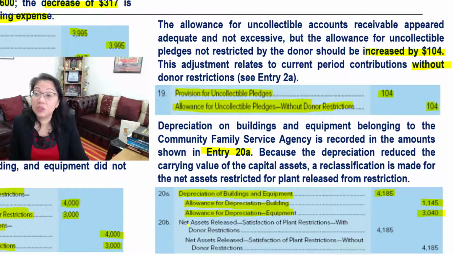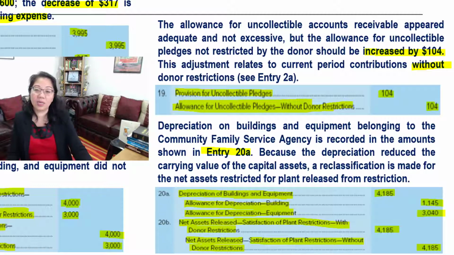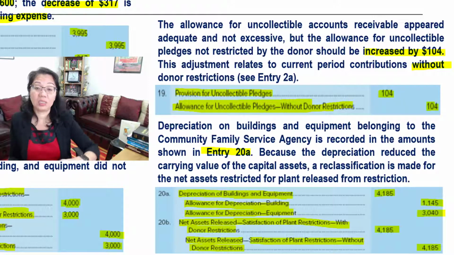Same is true with journal entry 20B. We will debit net assets released, satisfaction of plant restrictions with donor restrictions for the full amount $4,185, and credit net assets released, satisfaction of plant restrictions without donor restrictions for the same amount $4,185. So what we're doing in entry number 20B is we're transferring from donor restricted net assets to unrestricted net